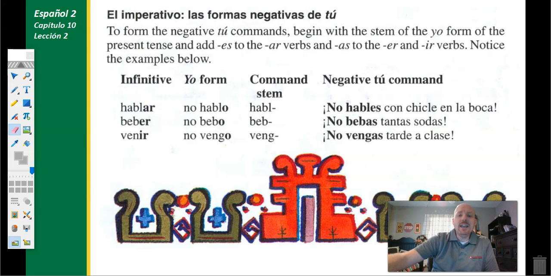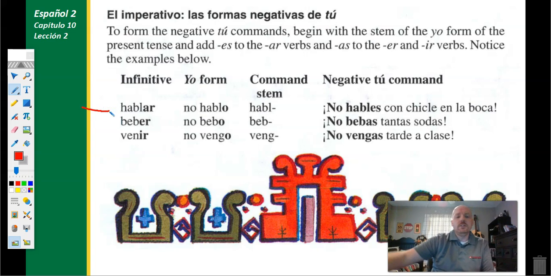Still reviewing the negative form of tú, because remember, the affirmative form of the tú is different than the negative form of the tú. The affirmative is just the regular él form. Regular old él form, that's going to be the affirmative. But the negative form of tú will follow the same procedure that we just talked about with usted and ustedes, except instead of an N or nothing at the end, it's going to have that S, because the S really is what we have for the tú form. So for hablar, you can see the process detailed right here for you.